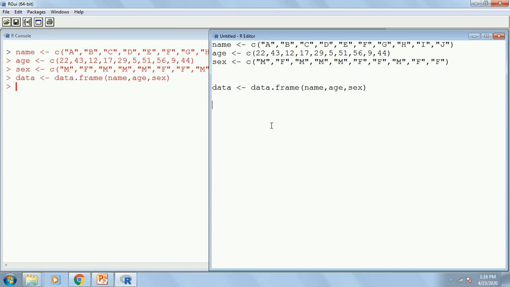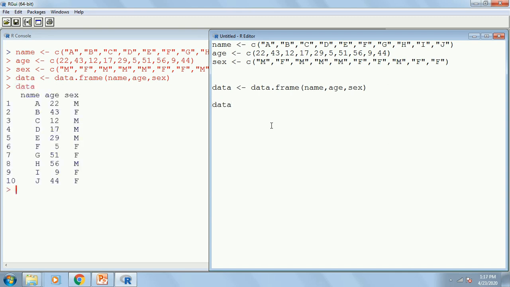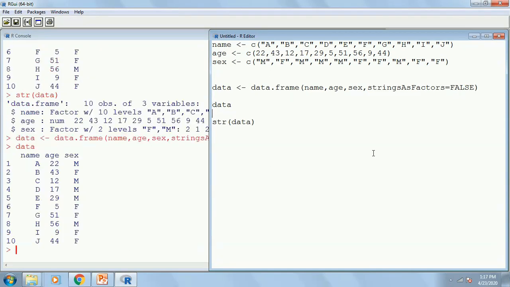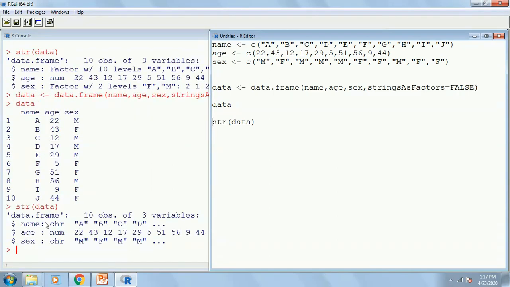I have created the data frame, and if I check its properties by writing str, you can see name and sex are factors, because I had not written stringsAsFactors equals FALSE. If you write stringsAsFactors equals FALSE and create this data frame, now they have become character.